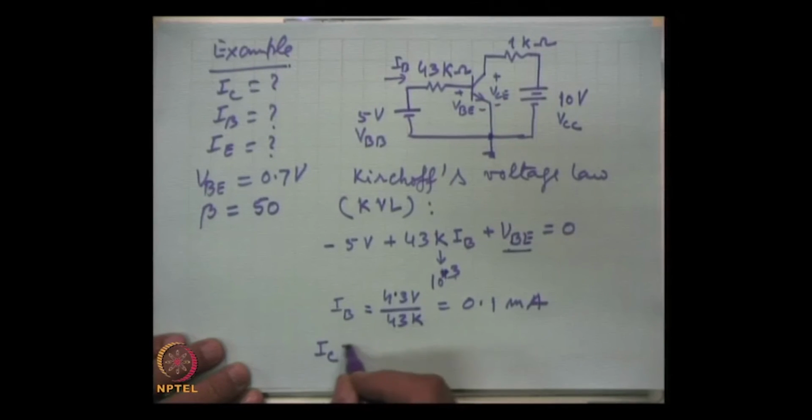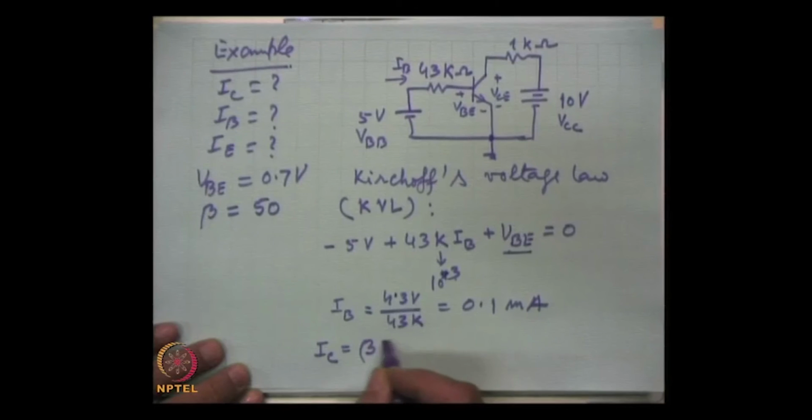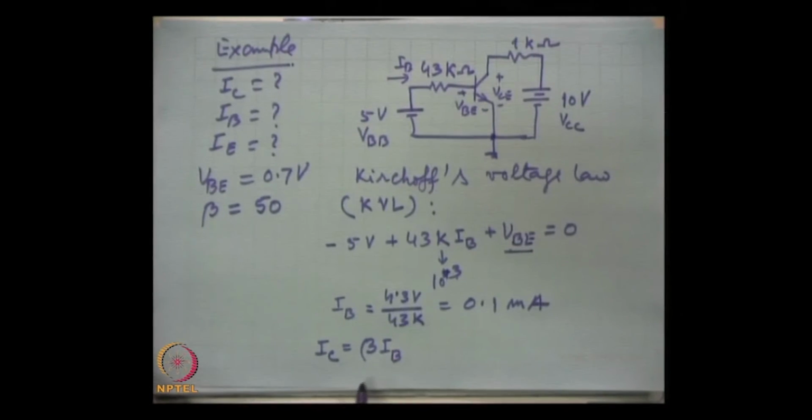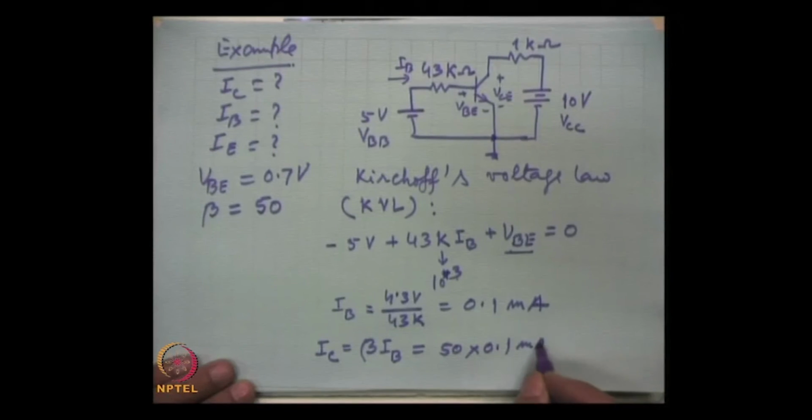I C we know is beta times I B, because beta was defined as the ratio of these two currents, output current by input current. So, here we can use this relation in this form, very widely used in transistor circuits, and this is 50 into 0.1 milliampere. So, this is equal to 5 milliampere,